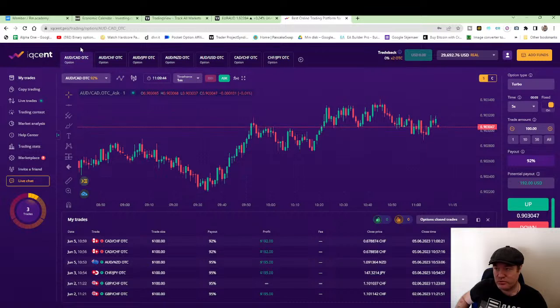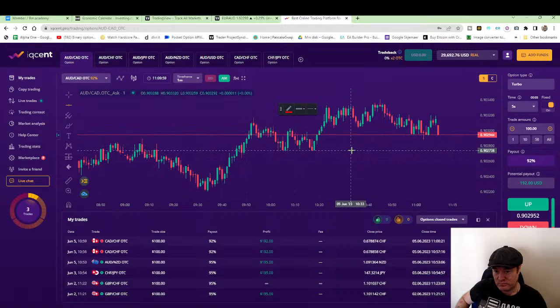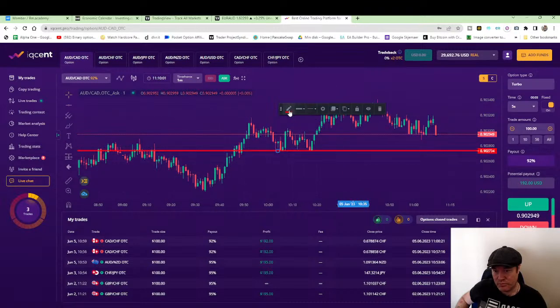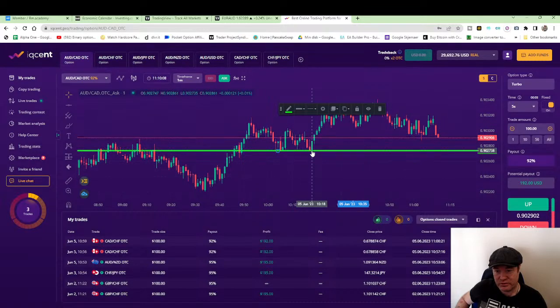Here I do not see anything. We do have a line down here that could be, but we need to break this area here first. Let's see if we do that. We can mark it at least. Make that one a green line. Now we have lost here and lost here and here. Looks like he maybe will go